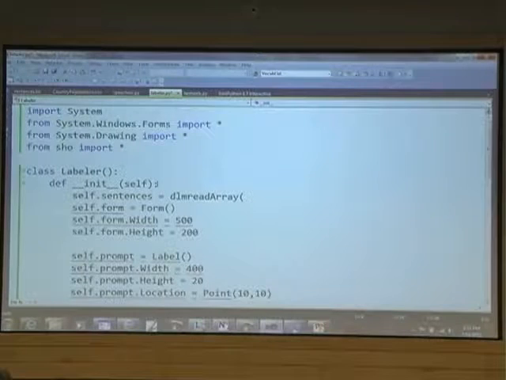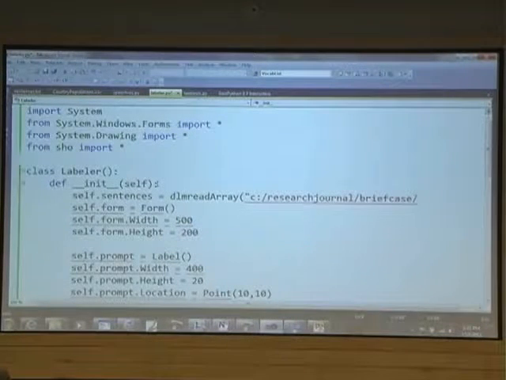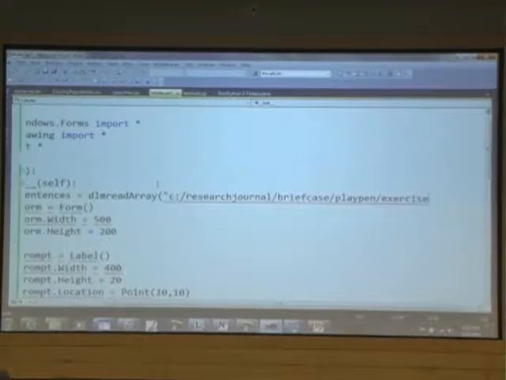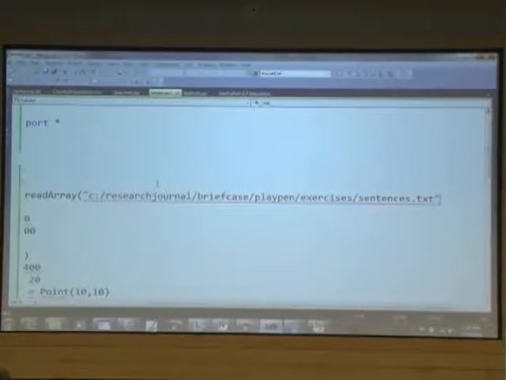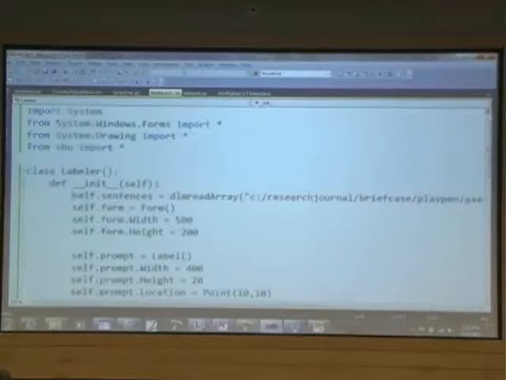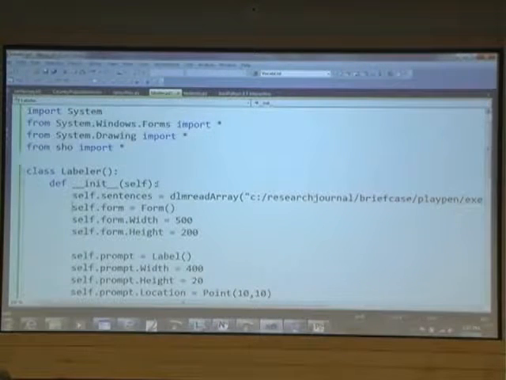In this case there's only one thing per line, so it's not necessarily that important what delimiter we give it. And once I do that,